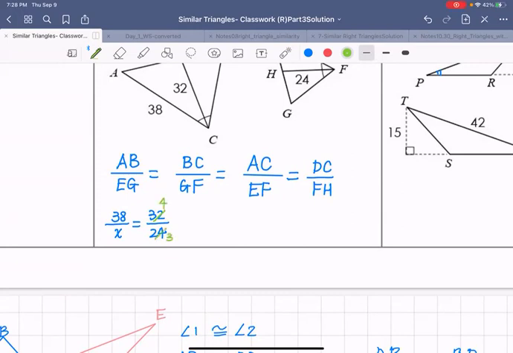Very good. One more step. You want to simplify here? Yeah. Good. Go ahead. 19 over 2. I mean, 19 and 2. Now, last one. Cross multiplication. 2x equals 57. There you go. X equals